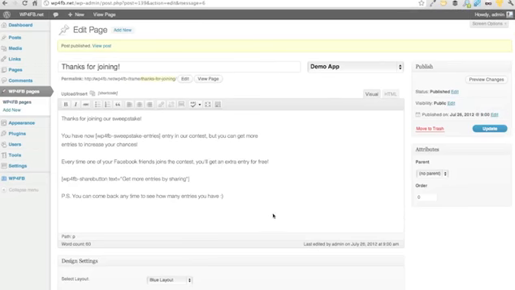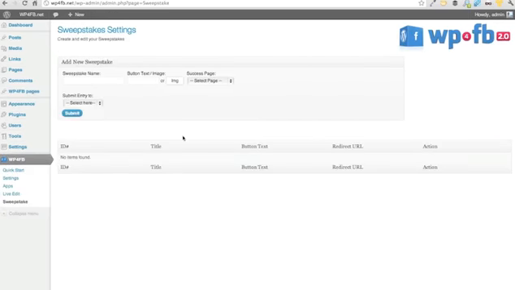So we haven't really created the sweepstake yet, and that's what we're going to do now. We're going to the WordPress for Facebook menu, and we're going to the sweepstake menu. And here's the place where you can create a new sweepstake. So the name is just for your own reference, so I'm just going to call it video demo in this